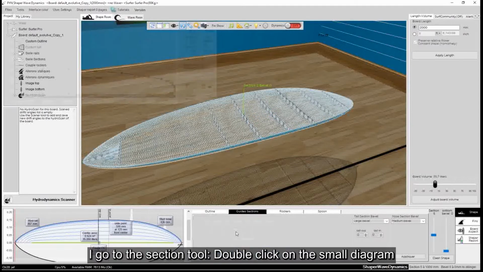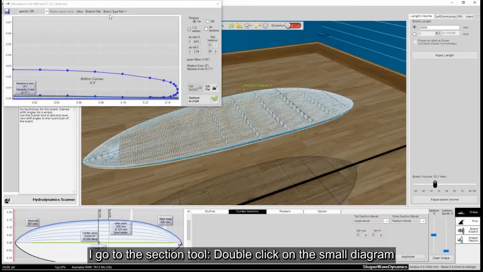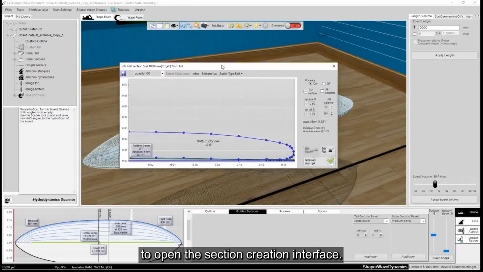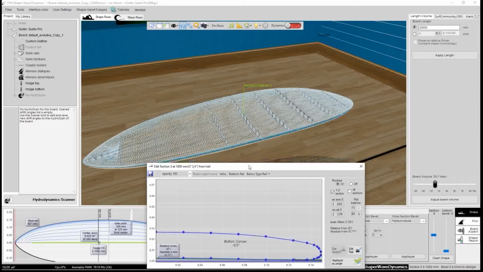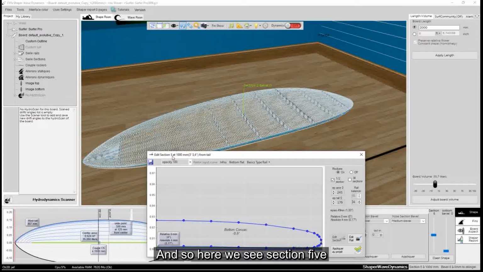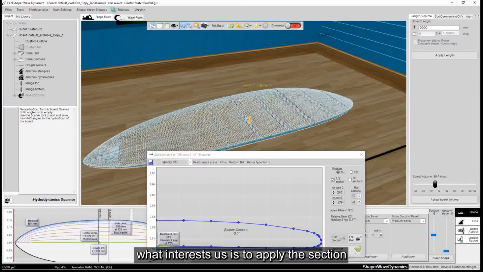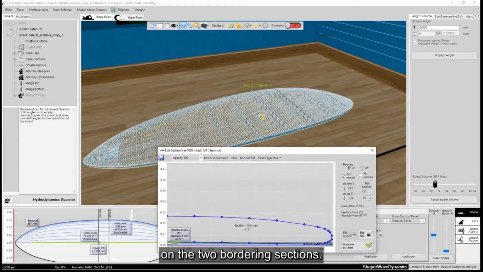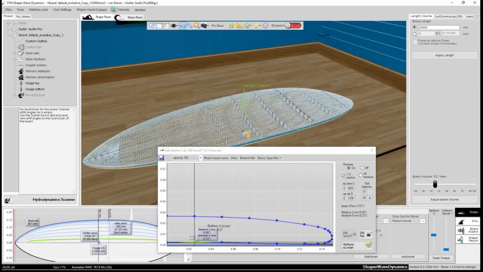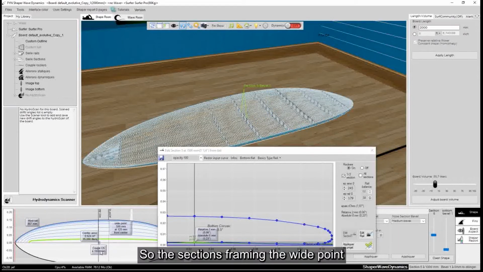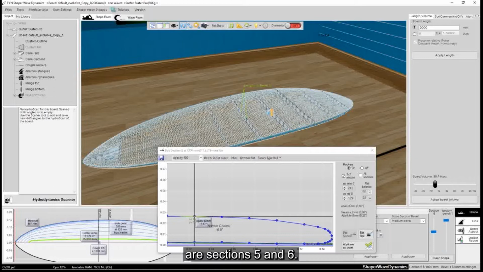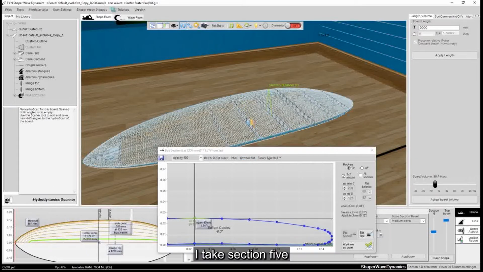I go to the section tool, double-click on the small diagram, to open the section creation interface. And so here we see section 5. If I click here we go to section 6. What interests us is to apply the wide point section on the two bordering sections. So the sections framing the wide point are sections 5 and 6. I take section 5